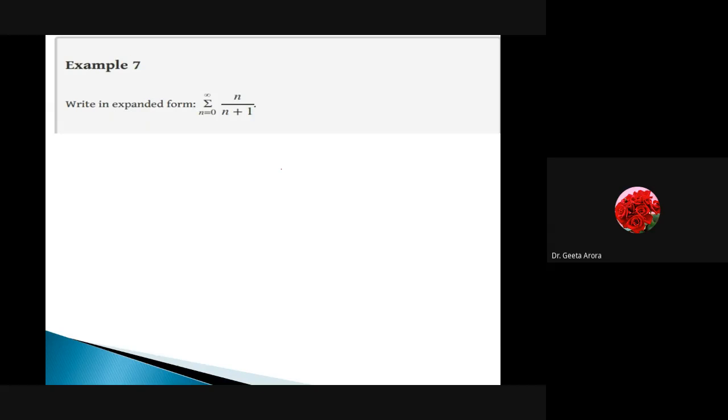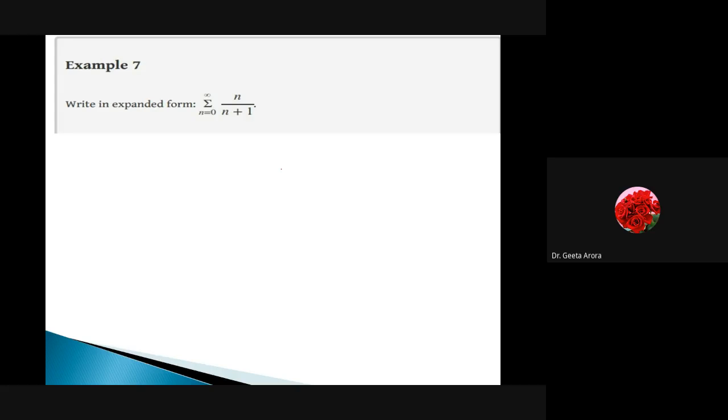In the seventh question, it was given from 0 to infinity. Till now in the examples, we have taken some finite number of terms. Here we are saying for the given expression, which is the expression for the sequence, you have to expand this. So what new have we learned? Whenever we are talking about infinity, obviously we can't go to infinity, because the student might get confused that we are talking about adding, evaluating and expanding the expression from 0 to infinity, which is not possible to write down, correct?